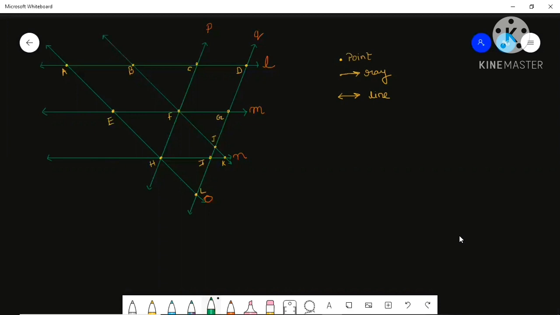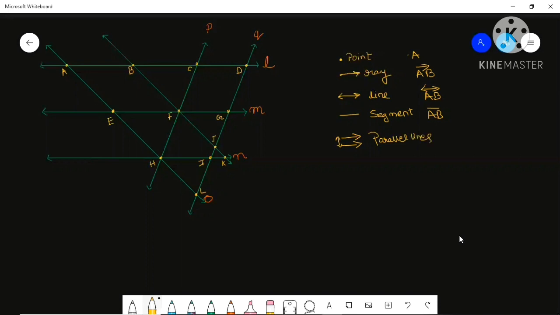Segment means a part of a line. If I draw it simply like this, that means I have a big line and you have cut a portion of it. That is called a segment of the line. You can represent all this by giving names, like point A. If I give AB as a ray, you have to put an arrow like this. For a line, you have to give an arrow on both sides. A segment means AB, just a segment. And parallel lines means when two lines go parallel to each other with an equal distance between them, those lines are called parallel lines.